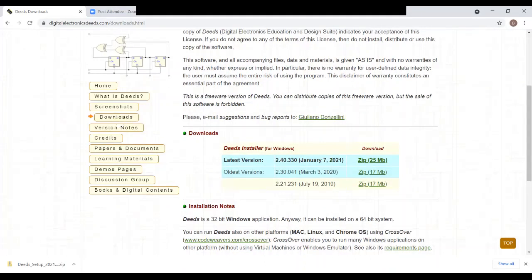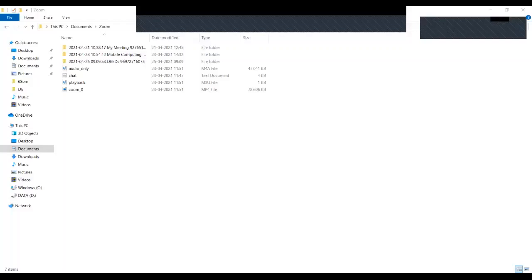So once you download this package and install the simulator, it will look like this one.